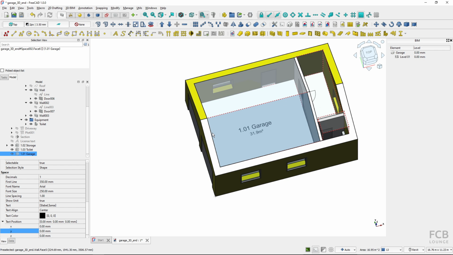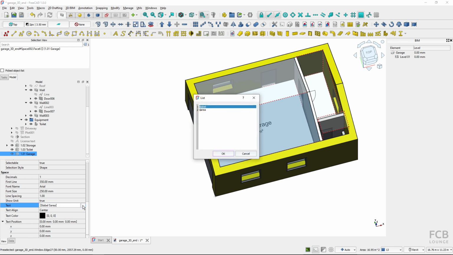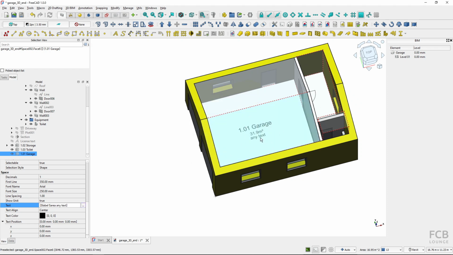Now you can manage what's written here in the description of the space, in the text field. If I click on these three buttons, you can see there's a $label and $area, which show the label of the object, which we know is 1.1.01 garage, and the area. And I could also type any text. So if I type in any text,